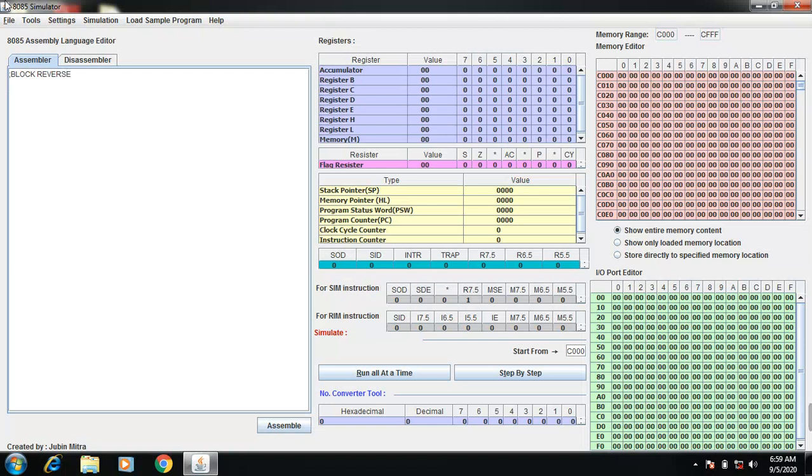Before that, in block copy, we take a source block, then a target block. From the source block you can add 8 bytes. After that the source block will be copied onto the target block. So that is the logic for block copy. Now in block reverse,